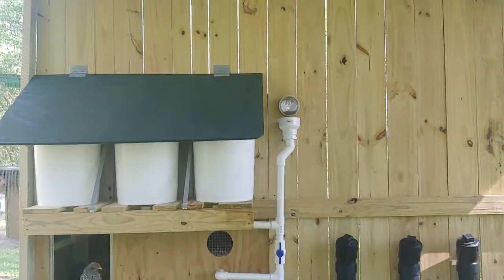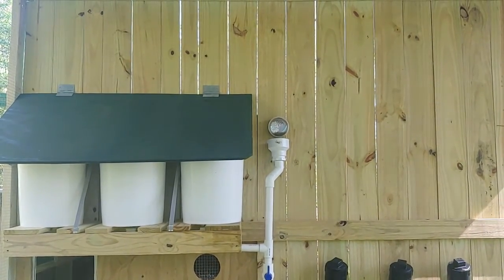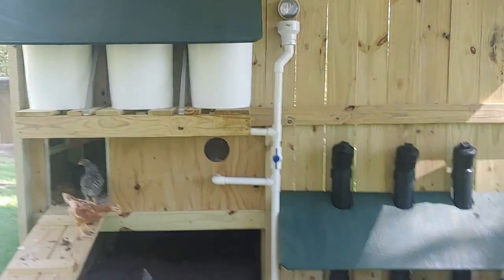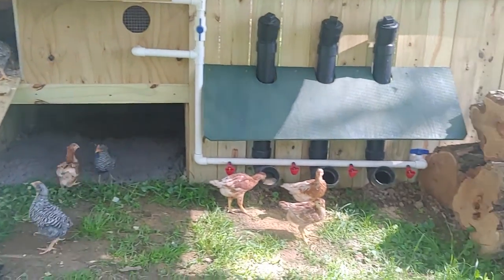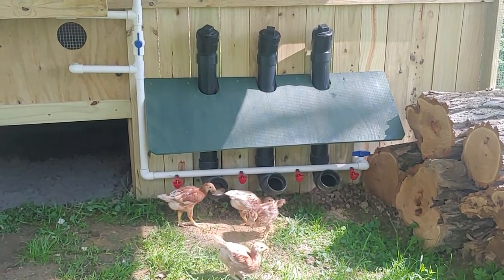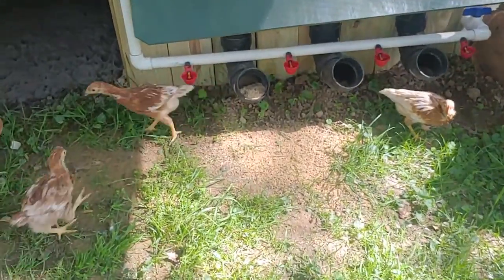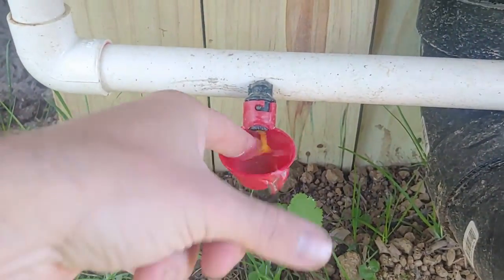The rain is collected. You'll see that pipe that comes through the wall is actually from a gutter from the top of the coop. It drains into there, fills up these 3 5-gallon buckets, and gravity feeds the red cups, which the chickens have been drinking from. But I don't think I've figured out how to hit the little yellow thing to refill them yet. You guys have all seen these cups, and